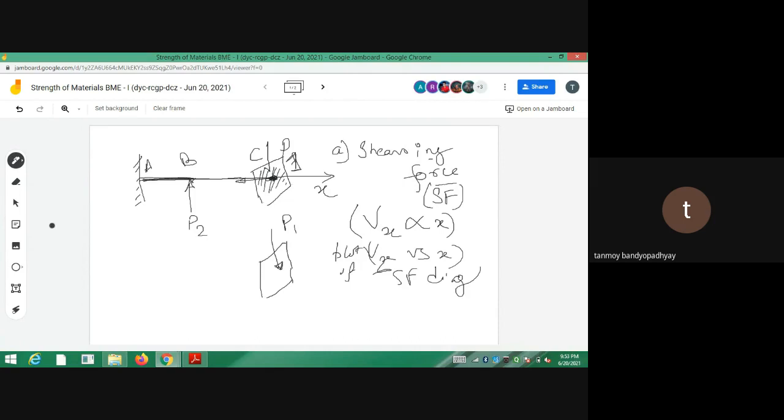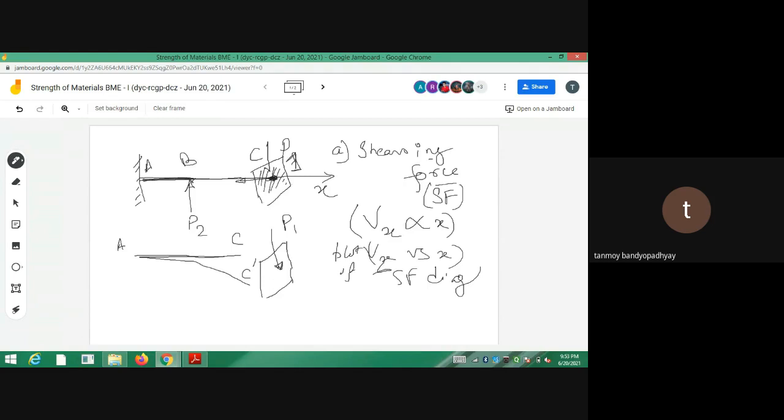Similarly, if I come to bending, whenever the force P1 is acting, the beam will bend something like this. This was the initial length, and it will try to bend like this. If it was initially AC, it gets a shape like AC prime. Whenever you cause a lateral force on the element, it bends. That lateral deflection of the beam, that bending, is what we will be calculating.